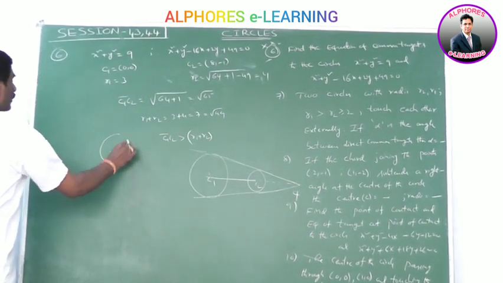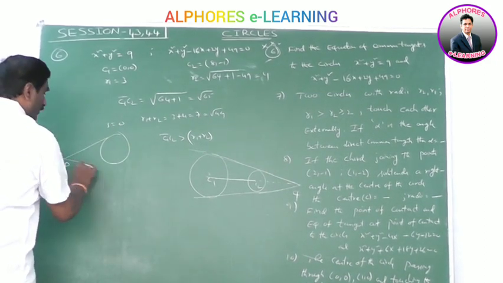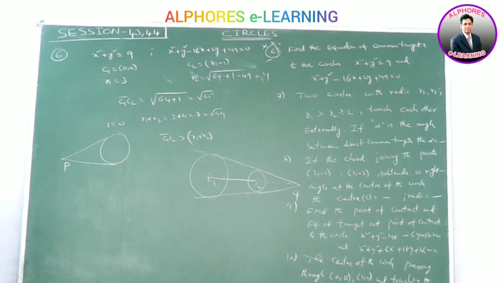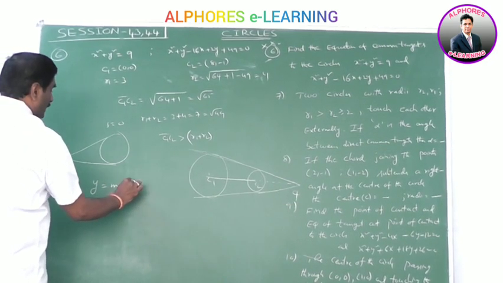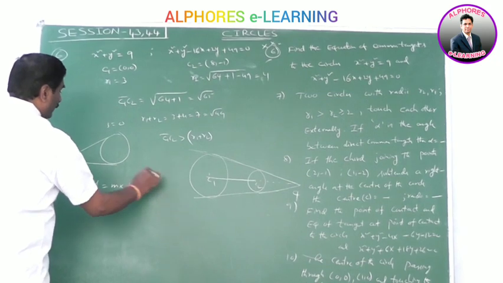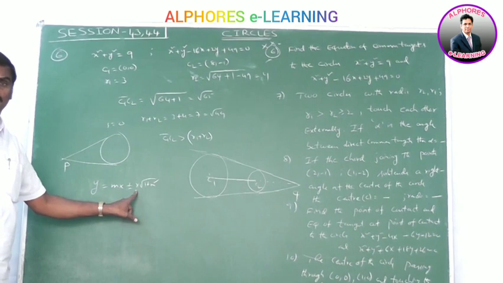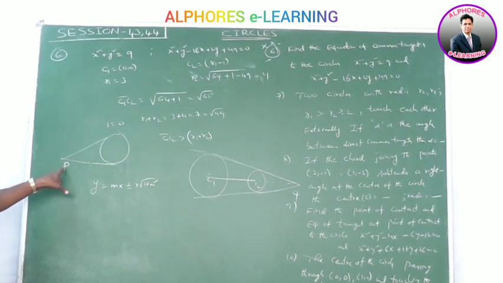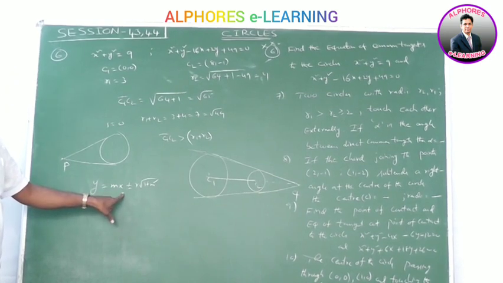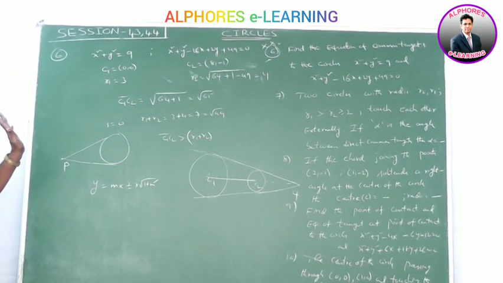Suppose S = 0 is one of the circles and P is an exterior point. To find the equation of the tangent, we use the slope method. Let m be the slope of the tangent. Then the equation of the tangent is y = mx ± r√(1 + m²) for the small circle. For S = 0, y + f = m(x + g) ± r√(1 + m²). But this tangent passes through P. Substitute this point, we get two values of m. Slope and point are given, so we get the equation of the tangent.